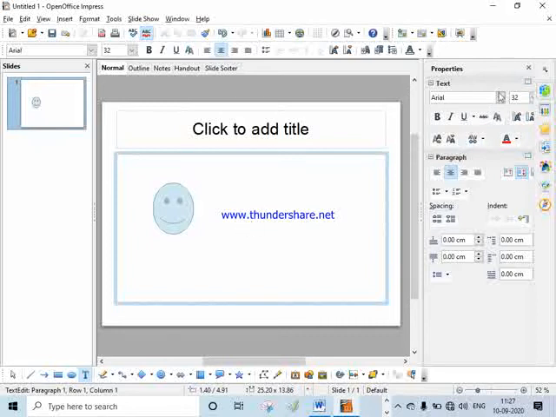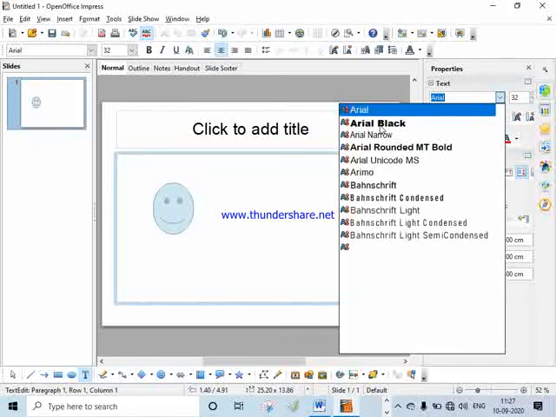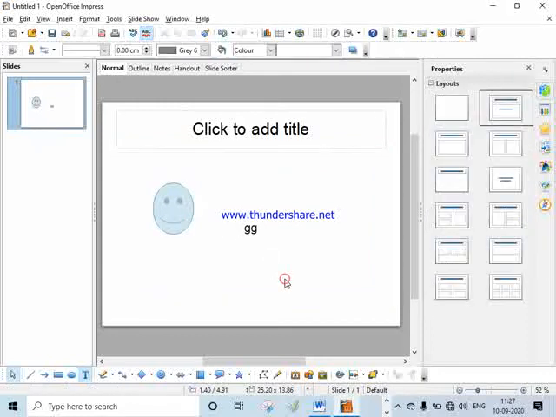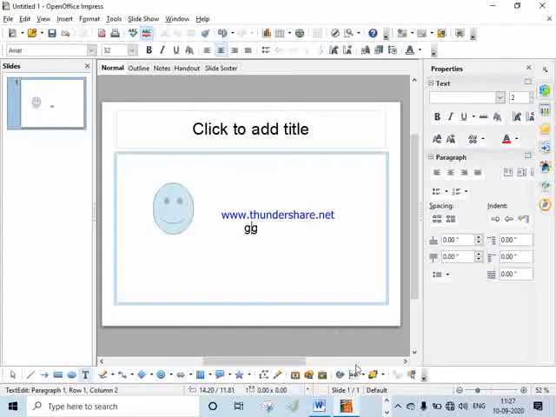If I am going to select Arial Black and I am going to write some content over here, such as spell check status, you see text edit, paragraph 1, row 1, column 1, all this type of information you can get.